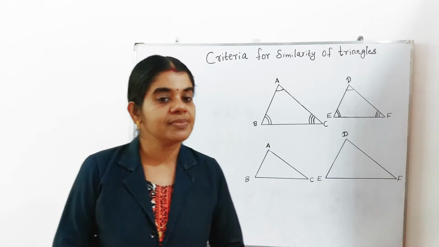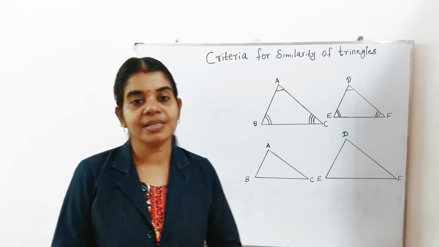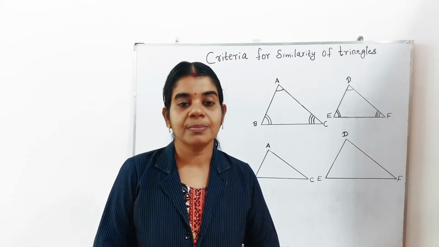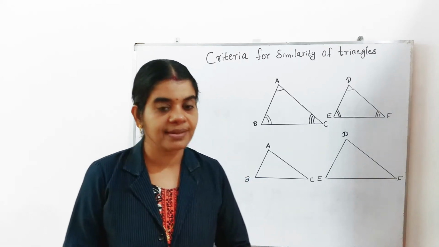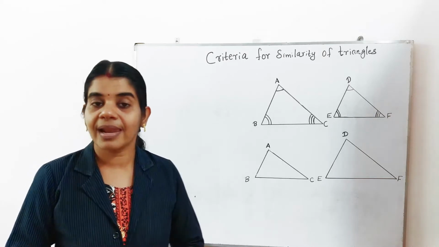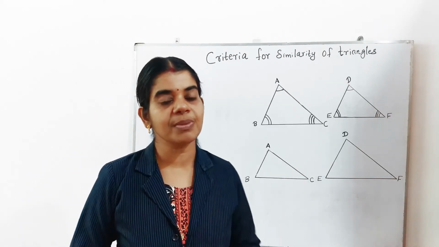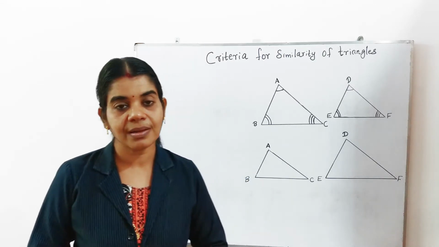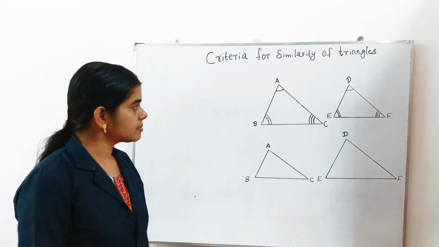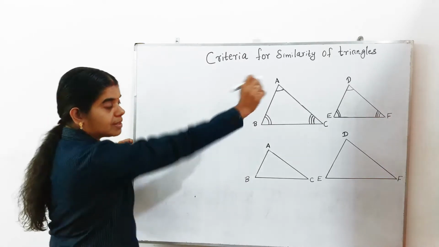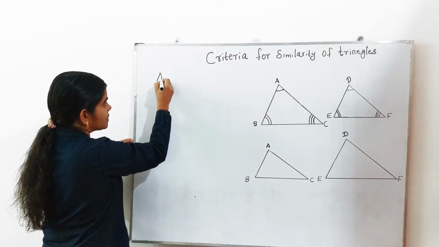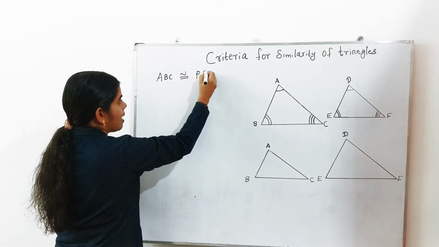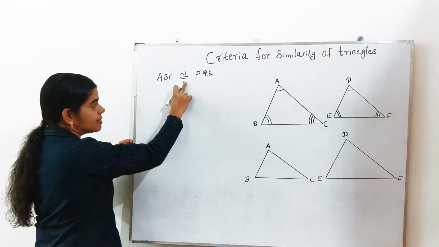In the 9th standard, we studied the congruence of triangles. There we studied some criteria for congruence of triangles, like SAS and ASA. Here also, for similarity of triangles, some criteria are there, which we will discuss. For congruence of two triangles, we know that if triangle ABC and triangle PQR are congruent,